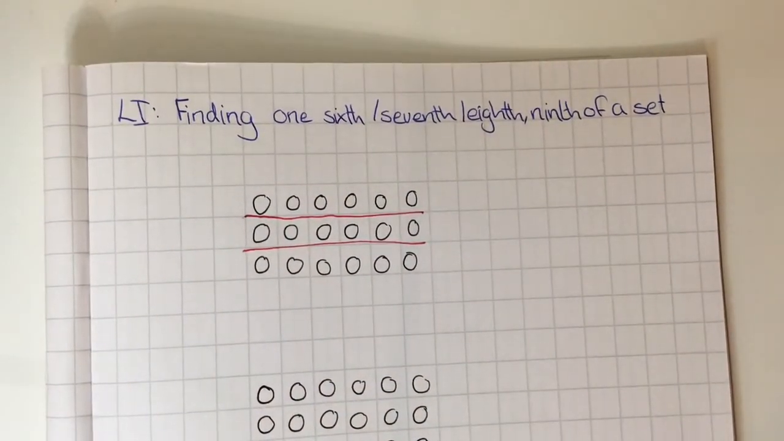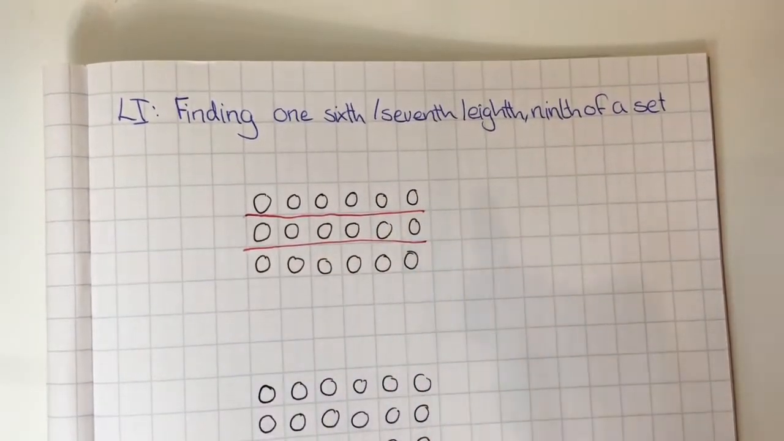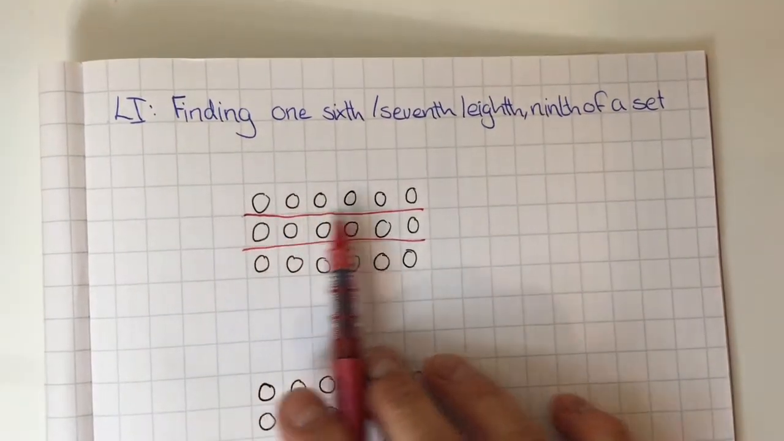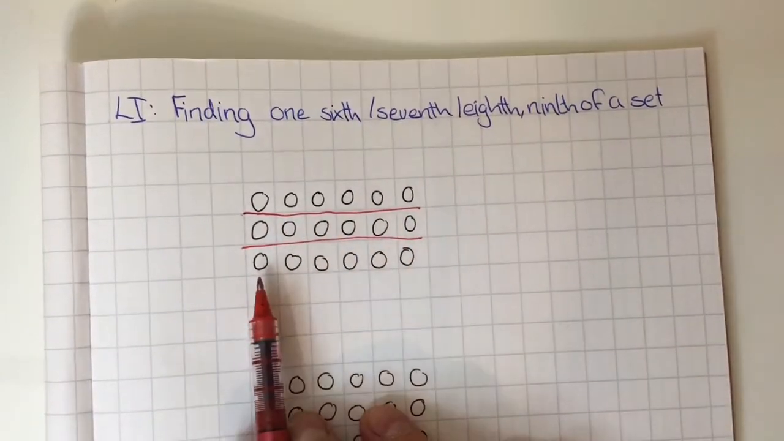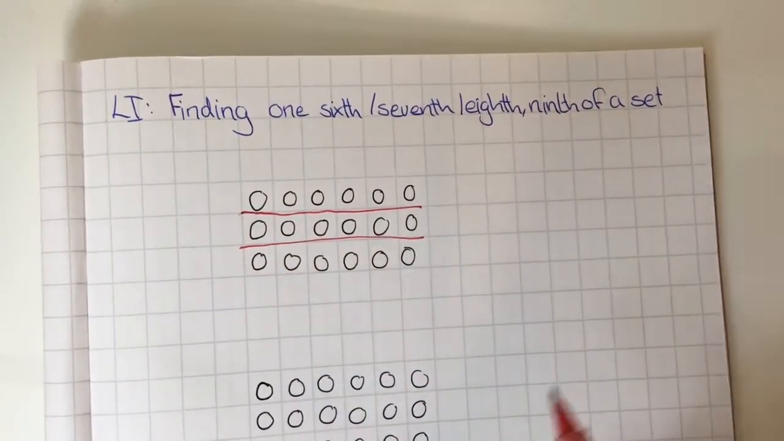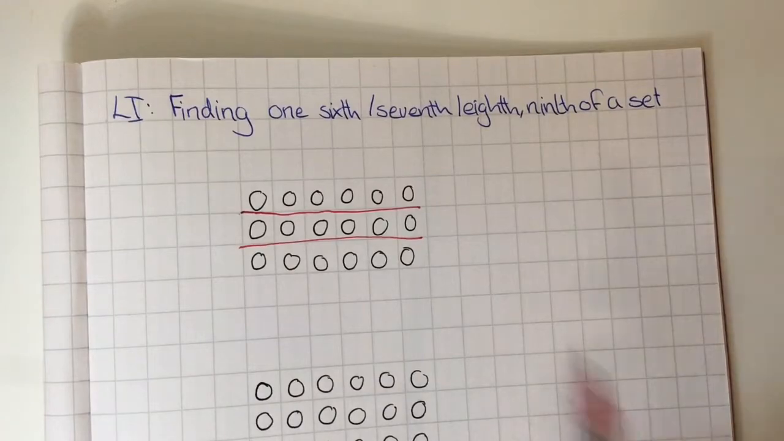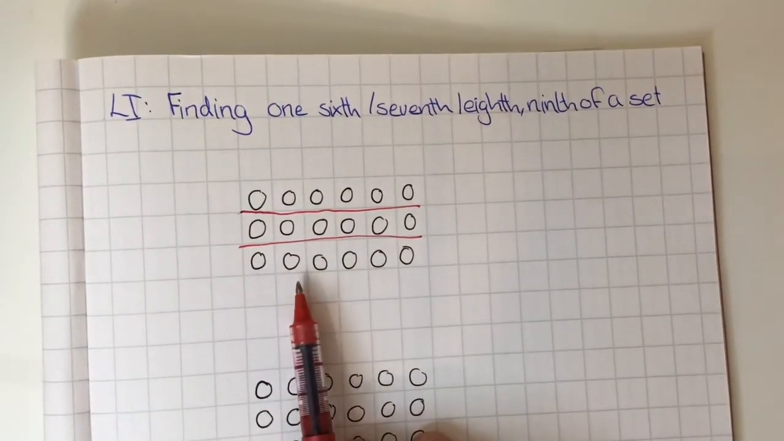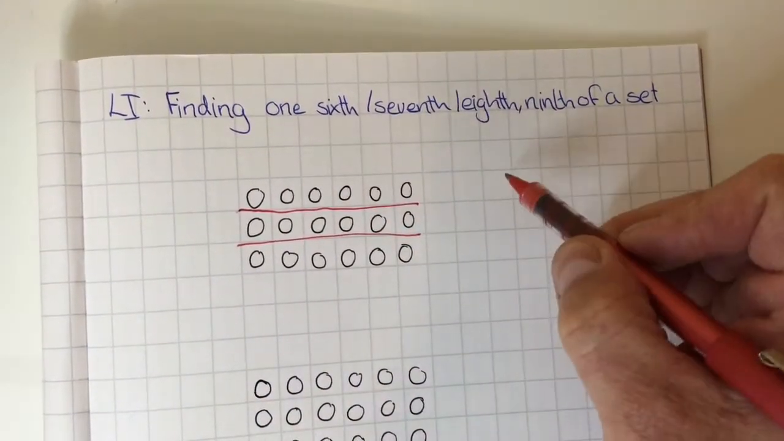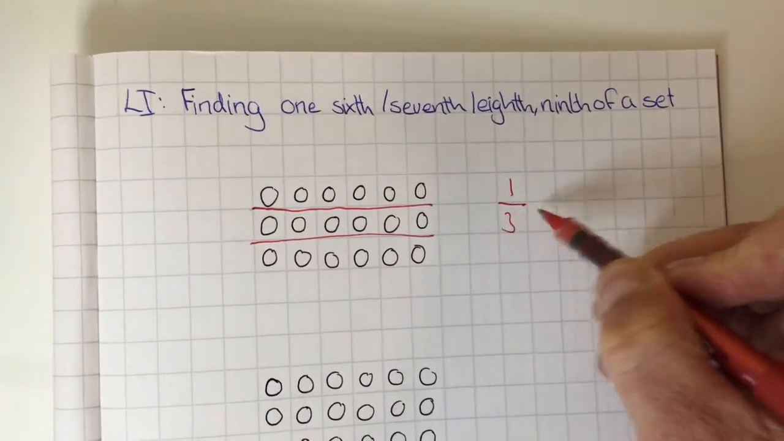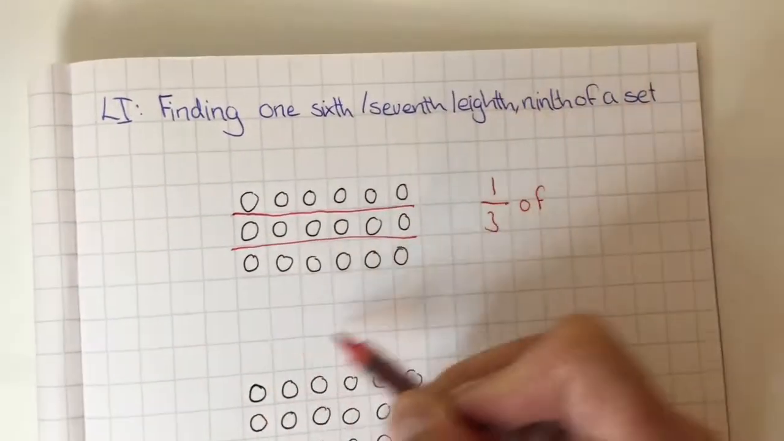Having a look at this, we can see that I have divided the 18 counters into 3 rows. Okay, 3 rows. 18 divided by 3 is 6. So in each row, as I've divided it up into 3, we have got 6 in each of those rows. So what we can say is that 1/3, because this is divided into 3 parts, is 6. So you could say 1/3 of the overall 18 that were there